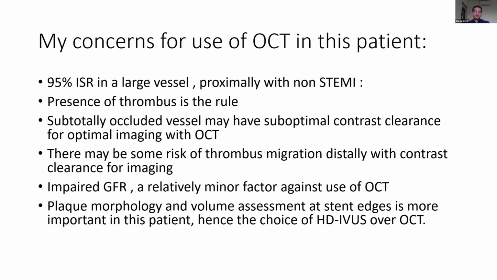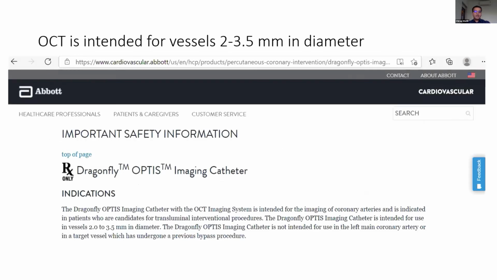But yes, we have to understand that when you have a baseline impaired GFR, the risk of contrast-induced nephropathy goes up by more than three times. And therefore, one would be a little reluctant or cautious in using OCT, especially when you have HD-IVUS available compared to routine IVUS. And definitely, plaque morphology and volume assessment at stent edges is more important in this question, hence the choice of HD-IVUS over OCT. And not to forget that for the Dragonfly OPTIS imaging catheter, the Abbott website itself shows it is not intended for use in vessels 2 to 3.5 millimeter in diameter. So better we respect that